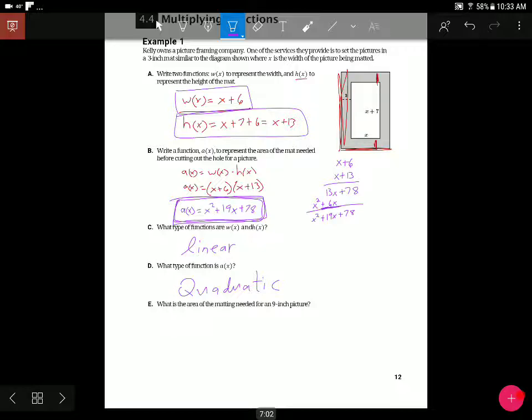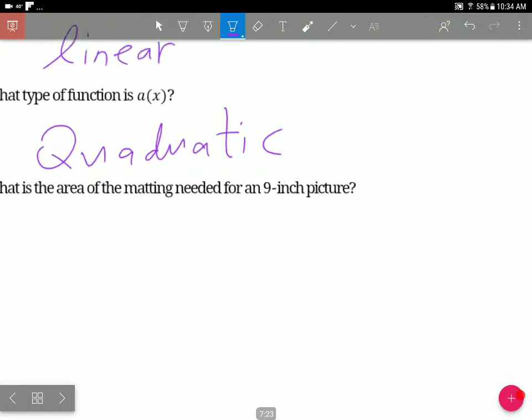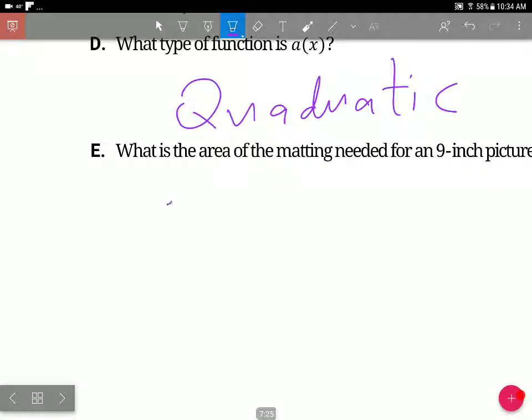All right, the last type of question asked. The very last question says, what is the area of the matting needed for a 9-inch picture? Okay, so which of the three functions represents area? W, H, or A? A. So we want to know A of 9, because it's a 9-inch picture. So plug in 9. We got 9 squared